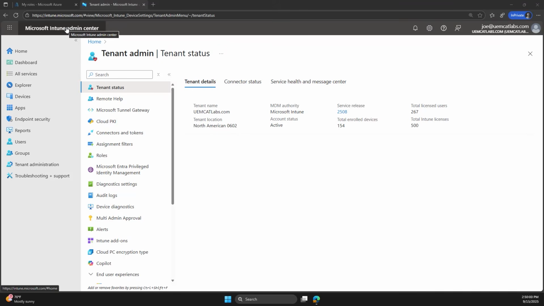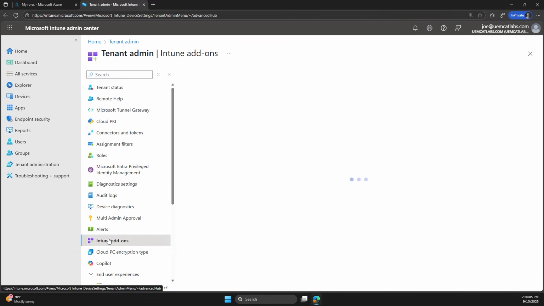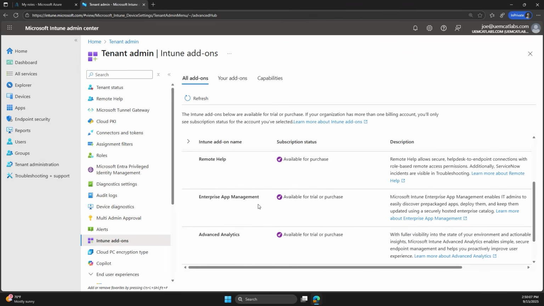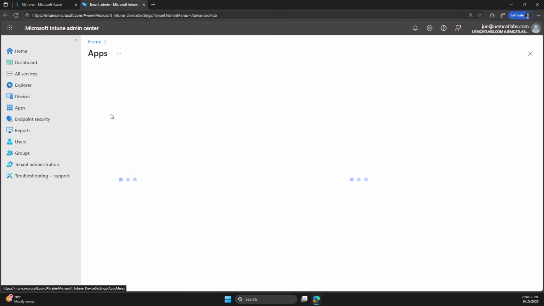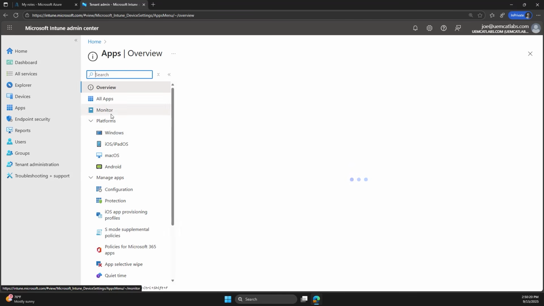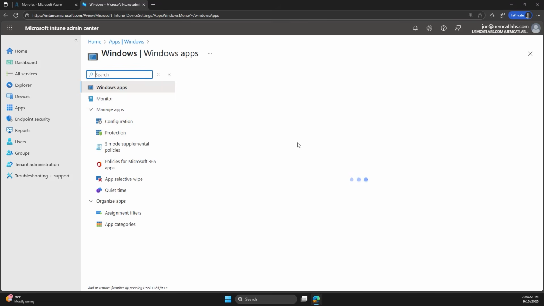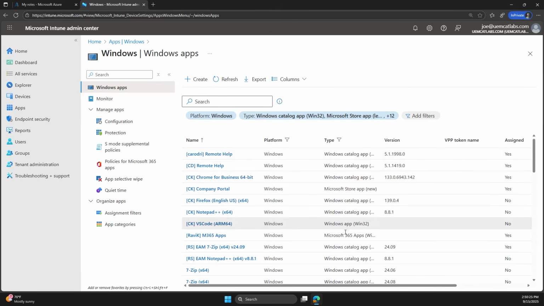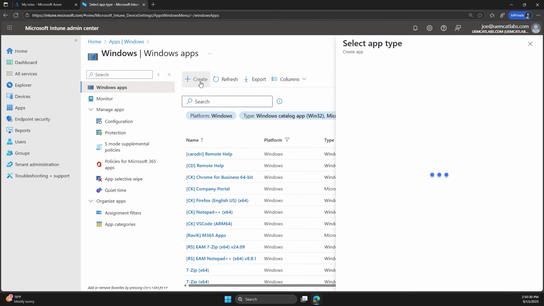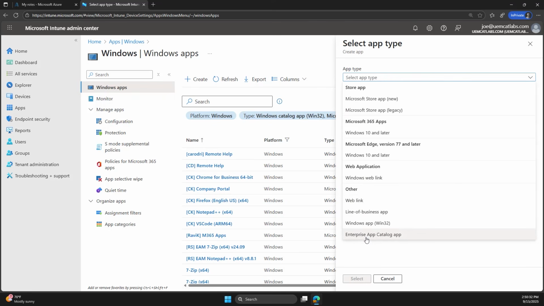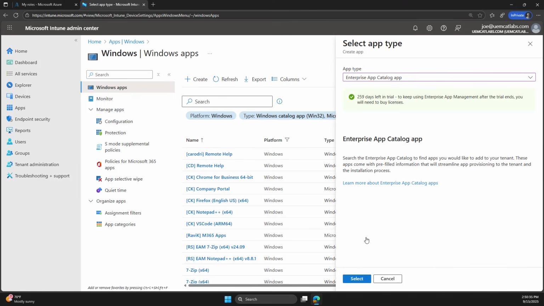Once again, we're back here in the Microsoft Intune Admin Center. This time we're focused on tenant administration and Intune add-ons. And you can see in my Intune add-ons Enterprise App Management available for trial or purchase. I'm already using Enterprise App Management in my tenant. So when I click Apps, and then I'll click Windows, you'll see that I already have some Enterprise Catalog apps or Windows Catalog apps already being deployed. And I can deploy additional ones by clicking Create, and then selecting Enterprise App Catalog app as the app type,